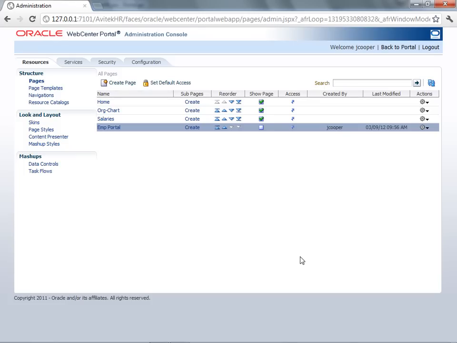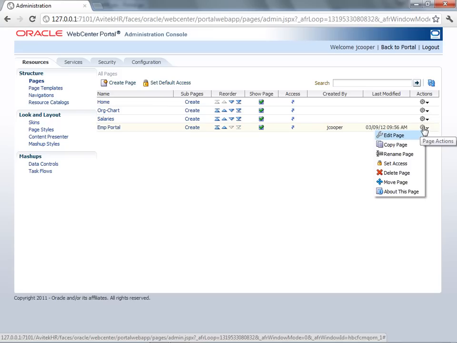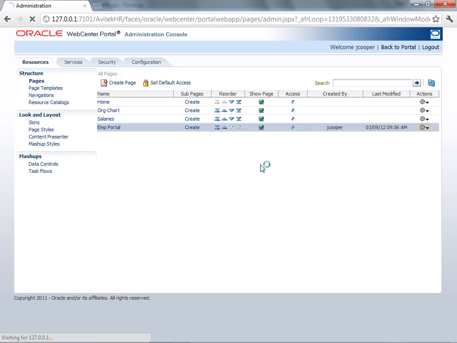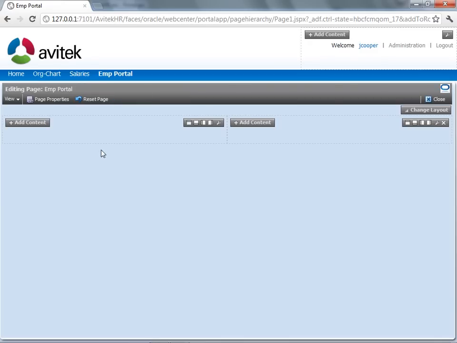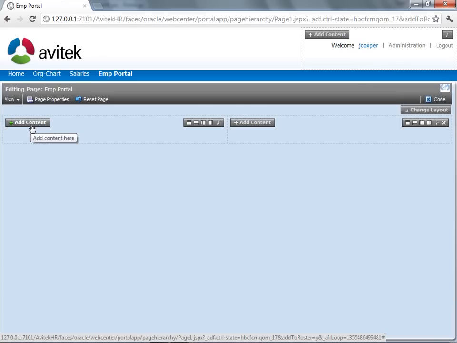What you want to probably do now is make sure that this page is part of your menu. So we're going to click the Show Page option, and then you can go over and edit the page. And when you go into the edit mode, what you're actually going to do is construct the page. Okay, you're going to add content to the page. So we're going to click the add content,